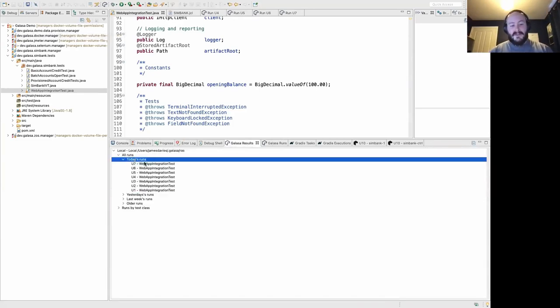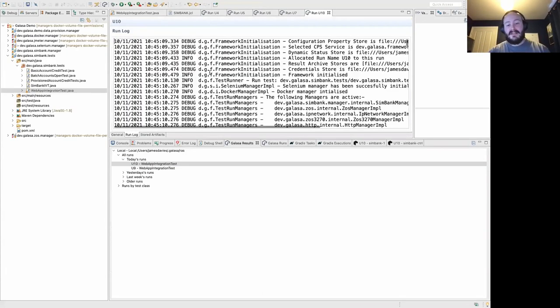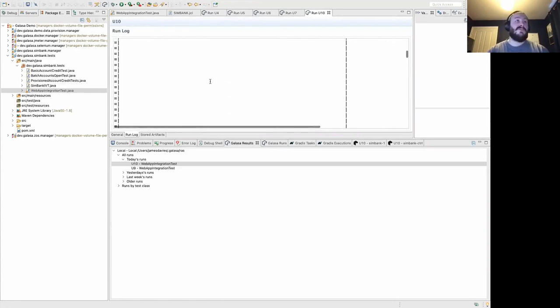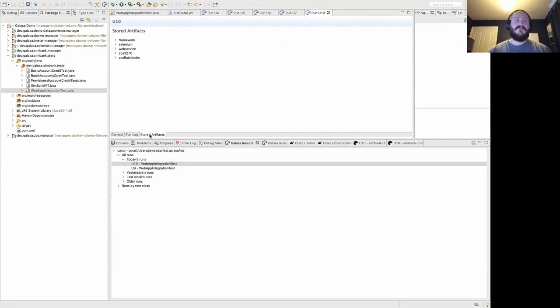So I'm just going to refresh this view because I haven't refreshed it since yesterday. And U10 was the test that we just ran. I can get a very simplistic breakdown showing that this test has passed and all 3 different methods have passed. And I actually have access to the complete run log, which we just saw spewed out on the console, which is all very nice. One of the more impressive features, however, is actually this shared stored artifacts view, though, because